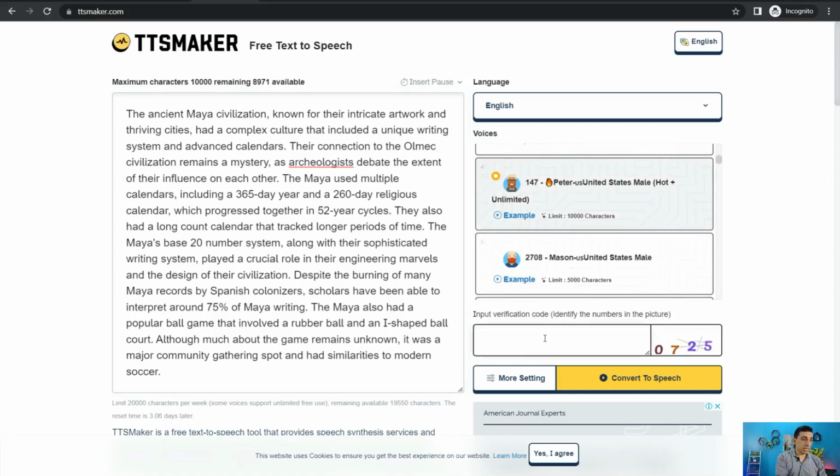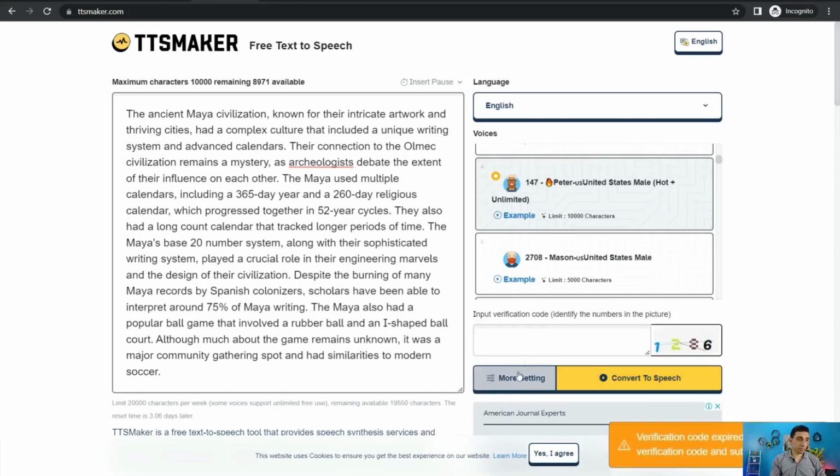Like this one is 0725 and so on, and convert to speech. And of course you can find here more settings like pitch, the speed of this voiceover and so on. But quickly, just you can click this button, convert to speech. So you can insert again,